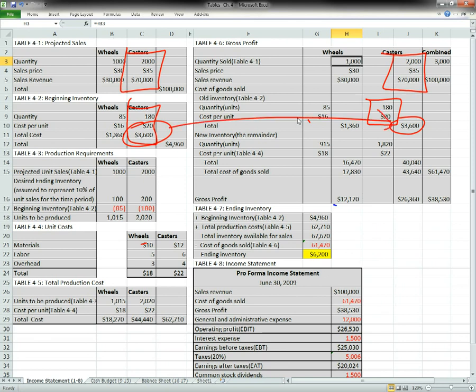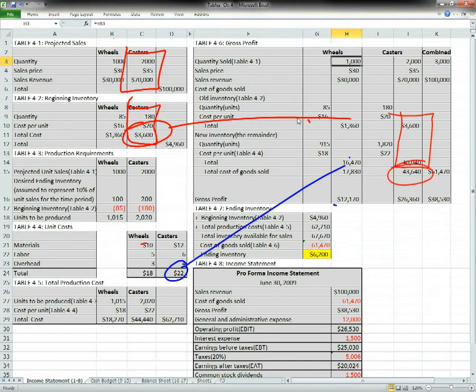Our second 1,820 units, which is simply 2,000 minus 180, 1,820 units, are priced at $20 per unit. That's the cost. Rather, the cost is $20 per unit. We multiply those together and we get $40,040. We simply then add $3,600 and $4,400 to get $43,640. And we're able to calculate the gross profit in both instances for the wheels, for the casters, and then